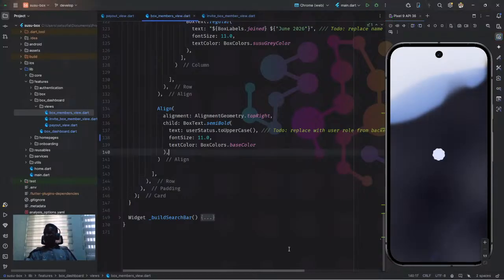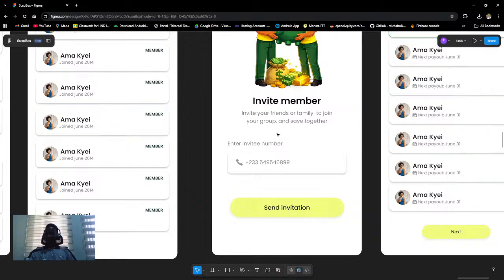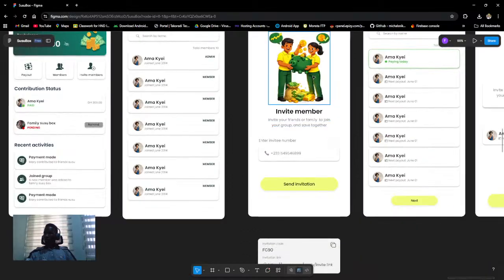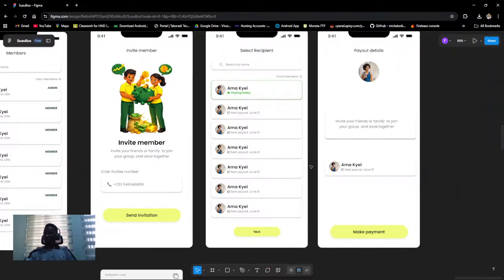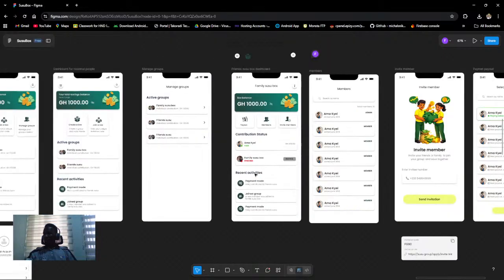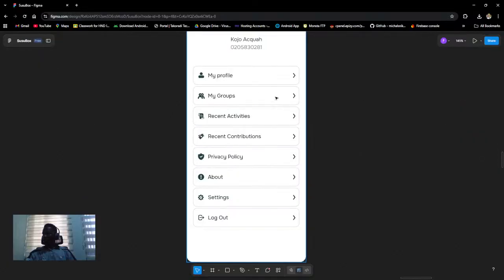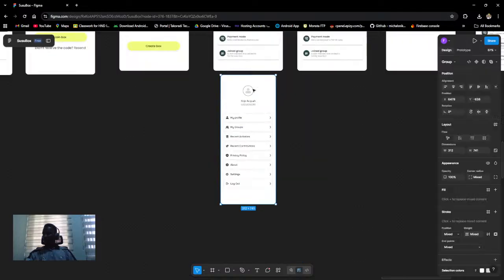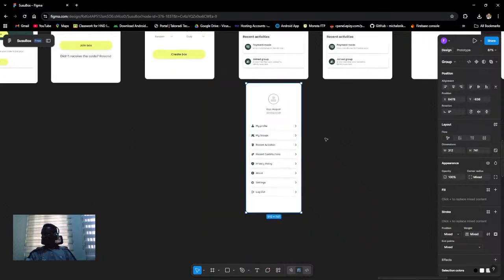Our AVD is loading. When it's back, we'll confirm if the size of this has reduced, and then we will also move directly to building this invite member screen. Afterwards, I think we're done with the UI, but there's one more thing to build, which is the nav items. So when we're done with this,